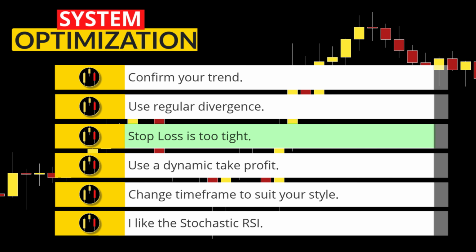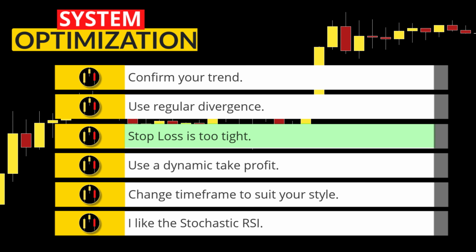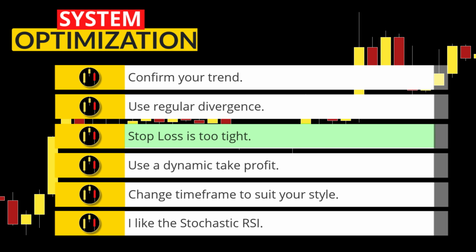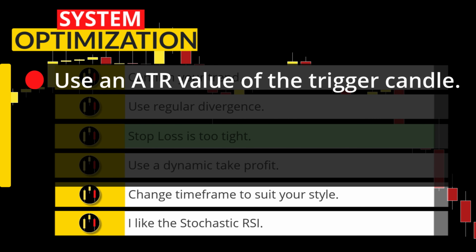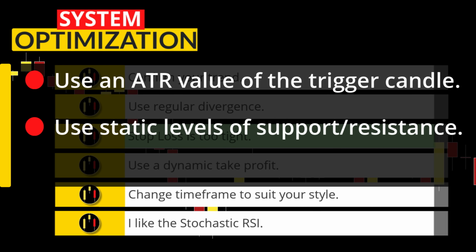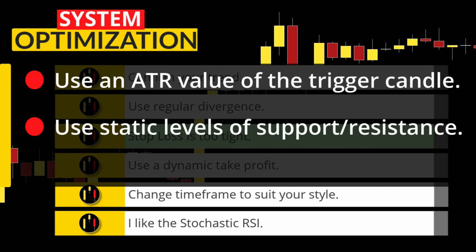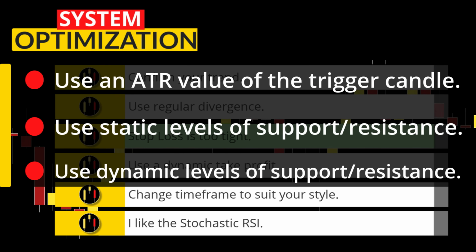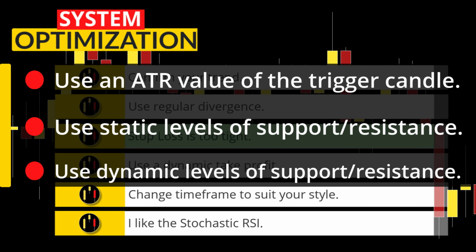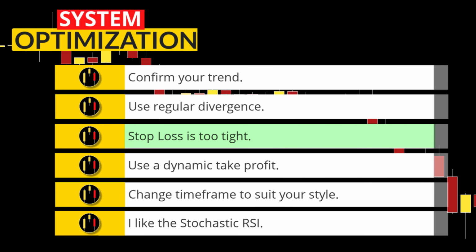There are some strategies you can use to mitigate these kind of stops that plague this system during my test. First, you can use an ATR value of the trigger candle to set your stop. In addition, using an obvious support level as a point of invalidation may be the best way to go. Furthermore, you can simply put a moving average on the lower time frame chart as a point of dynamic support.